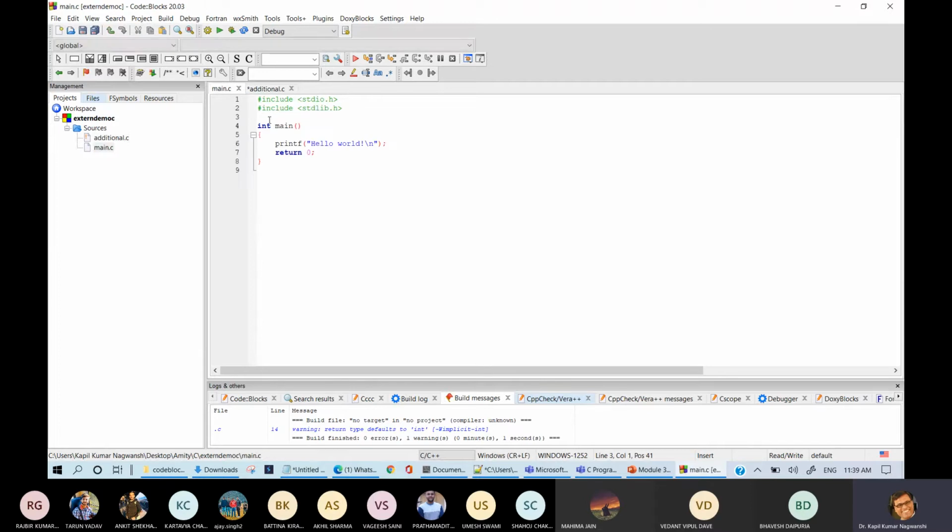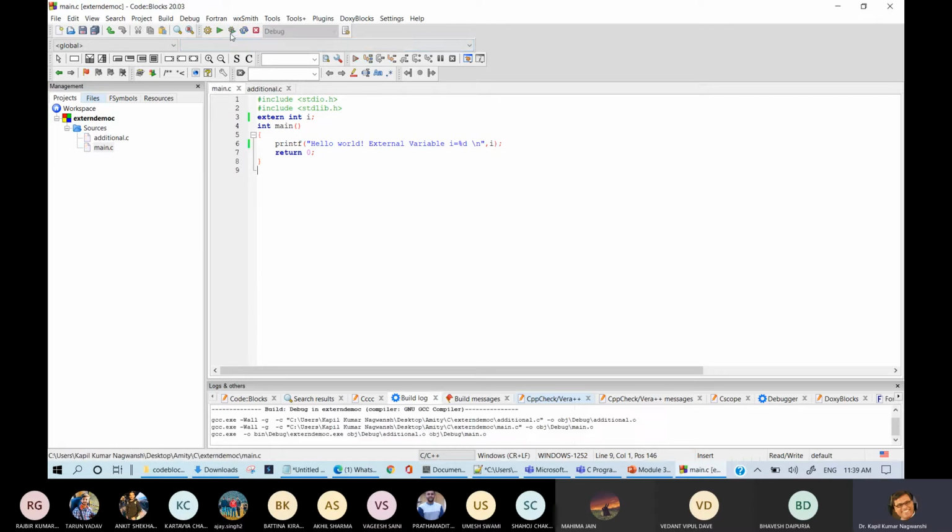Now come to main. Here we need to declare extern int i. Now I'm going to print this value: hello world %d, and then i.